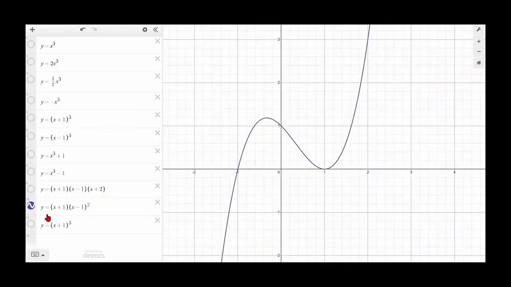So in this one, I've gone ahead and graphed y equals x plus 1 times by x minus 1 squared. Now, just like in the other one, we can see that x minus 1 is what we're going to get when we solve x plus 1 equals 0. But the interesting thing is now that we have this squared here, our x minus 1 becomes a turning point